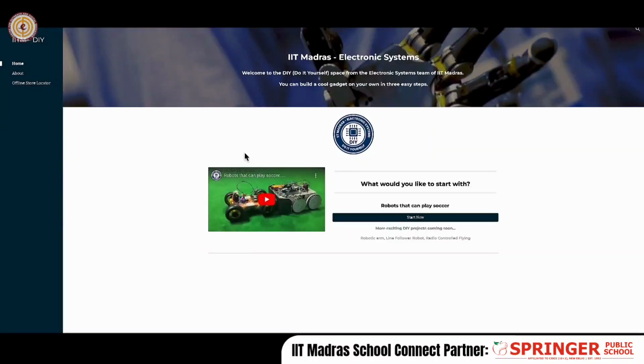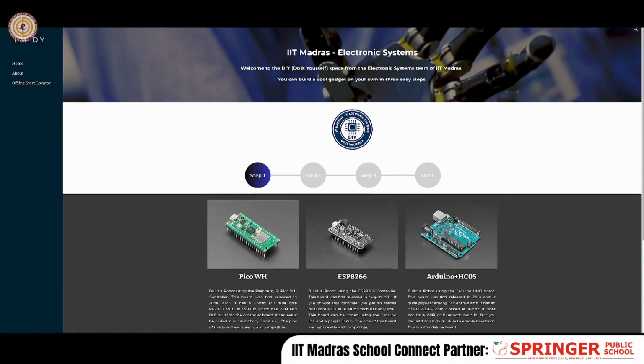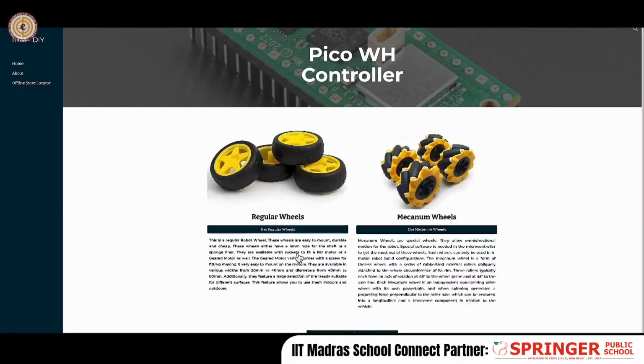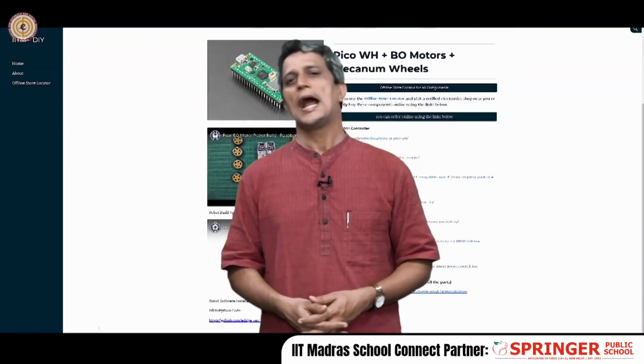Today, there is no electronic system without any programming. Hardware is always accompanied with some amount of programming, and any electronics-related person needs to be comfortable with some programming language or the other. So we thought we should introduce you to some programming as well. But don't worry, we don't expect you to know any programming. We are going to handhold you through this entire process. We have a website, we have relevant do-it-yourself videos, and we are going to have live sessions where we will guide you through this. At the end of the 8 weeks,